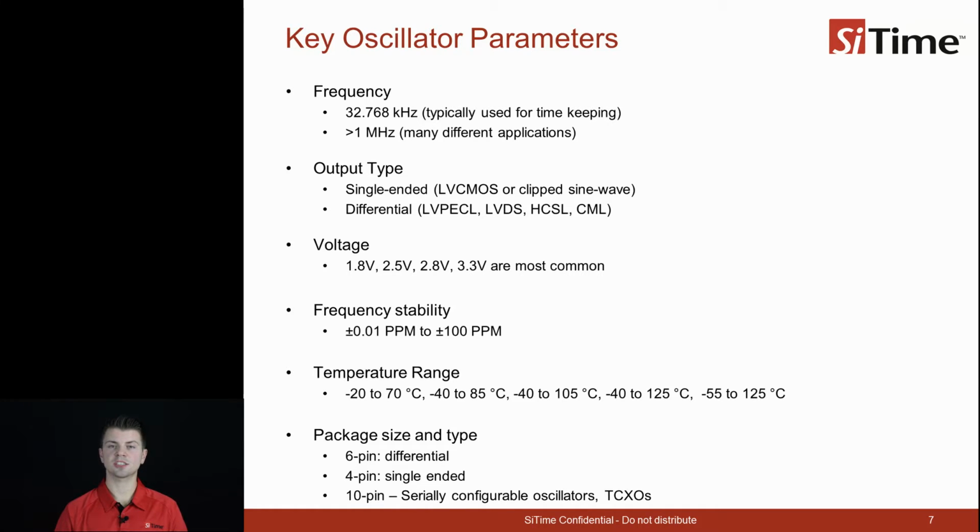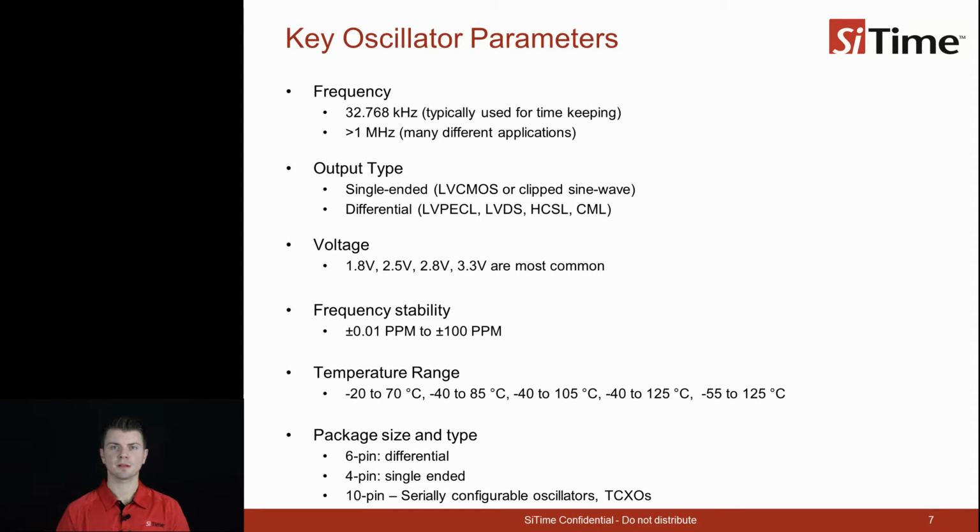An example aging specification is plus or minus 3 parts per million first year, plus or minus 1 part per million per year after the first year. Temperature range is another important oscillator specification. The usual ranges are industrial from -40 to 85 degrees Celsius, extended industrial from -40 to 150 degrees Celsius, and this is often required for outdoor telecom equipment which does not have a cooling fan, such as a remote